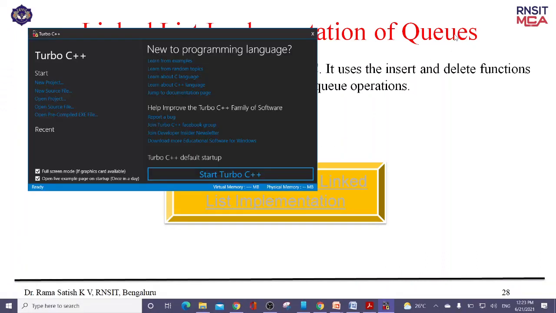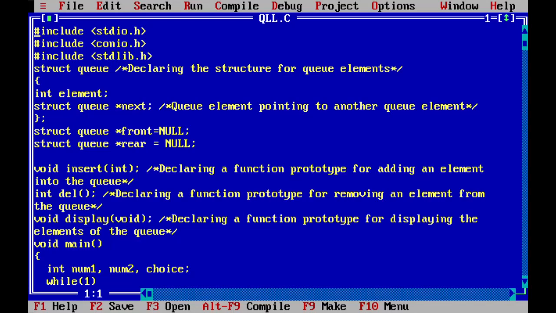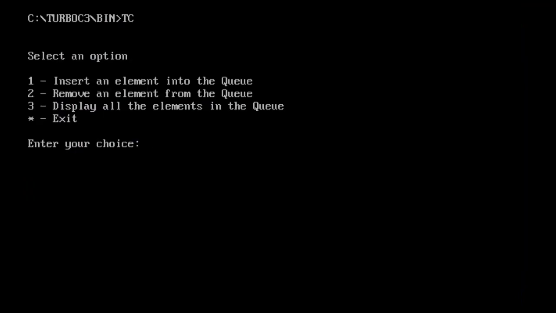Yesterday one student asked in the class, sir, can we execute all these programs only in Turbo C or in another C compiler? Other C compilers also support it. You can certainly execute here also, in other places also. There is no difference. Okay, right. I just compile and run this program.